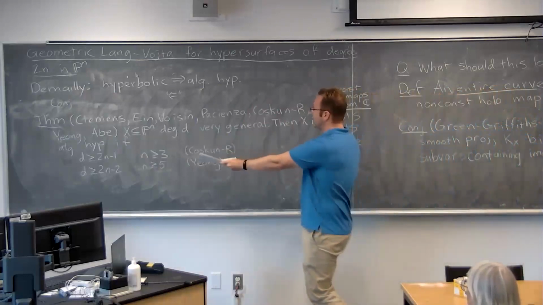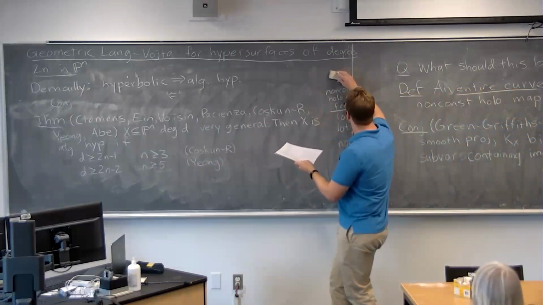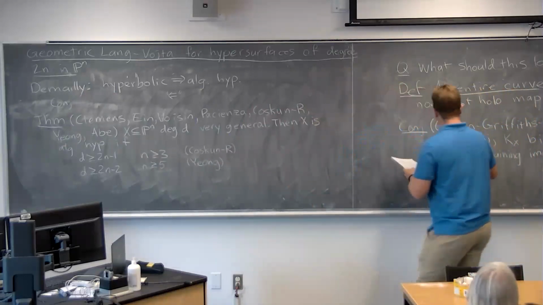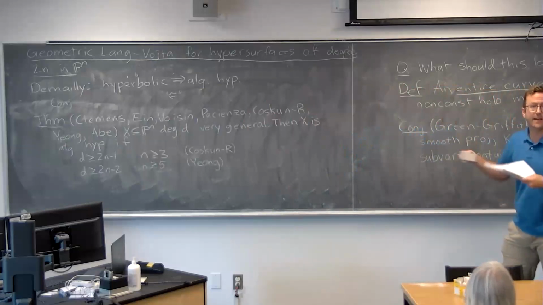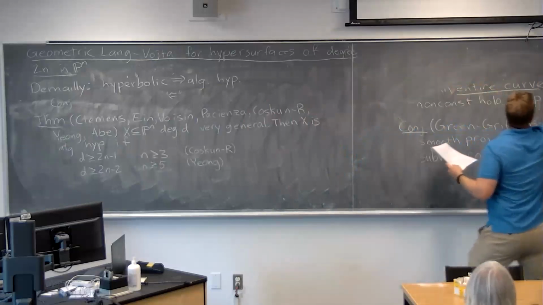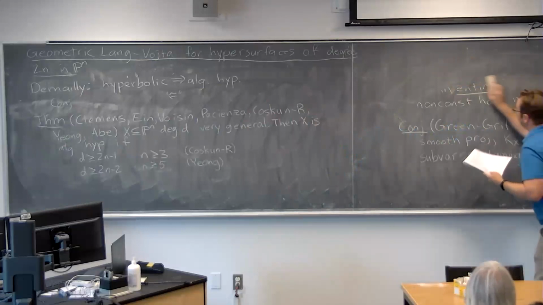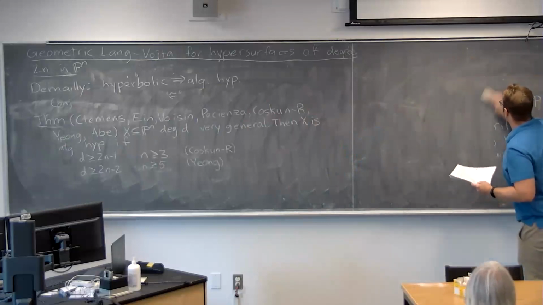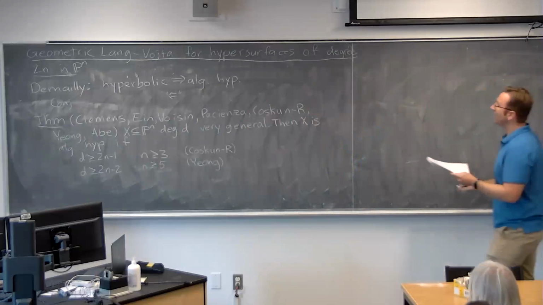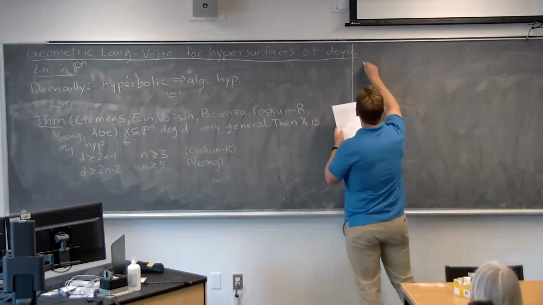So that's for algebraically hyperbolic, and then we can also think about the Green-Griffiths-Lang conjecture, right? About like, can we find an exceptional set and say you're algebraically hyperbolic outside that exceptional set? And there's been work on this as well. I think some of the results are only for large enough n, and I did not write it down quite carefully enough with that. But I just want to give you a flavor of the type of result.